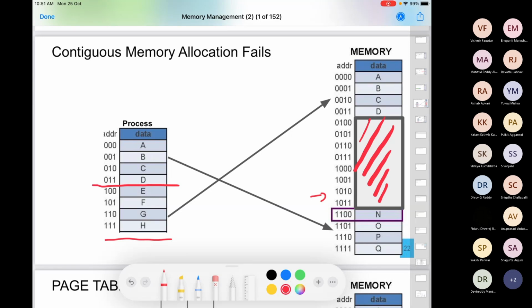So if I want to place this process in the memory, in this particular case, it's not possible if I don't use paging. If you want to make this process sit all at one particular place in the memory, it's not possible. We do not have a contiguous space of 8 bytes. So that's why we have divided this process into 2 pages.